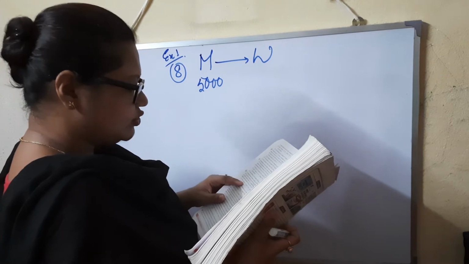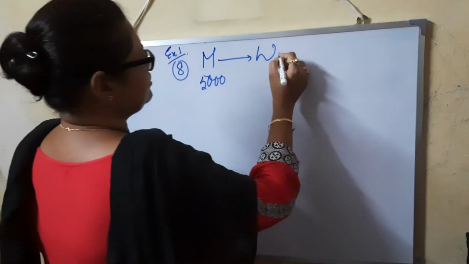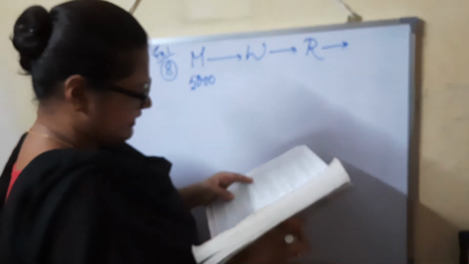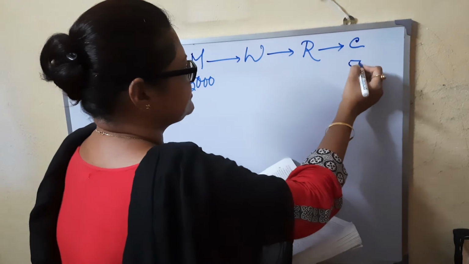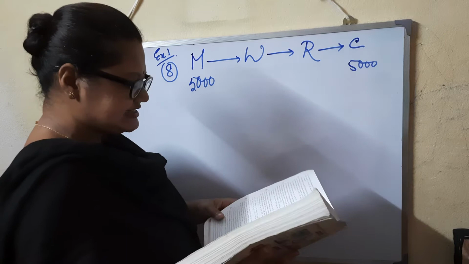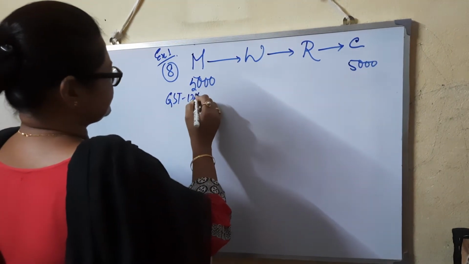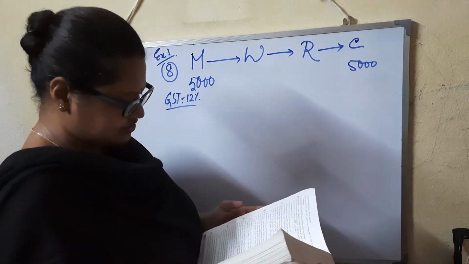And the wholesaler sells it to the retailer at a discount of 15% on the marked price. And the retailer sells it to the consumer at the marked price. Okay? The consumer has to pay the marked price. That means 5,000 again. And if all the sales are intrastate and the rate of GST is 12%. They have told you to find various things.